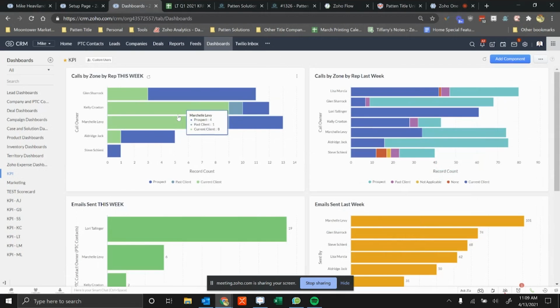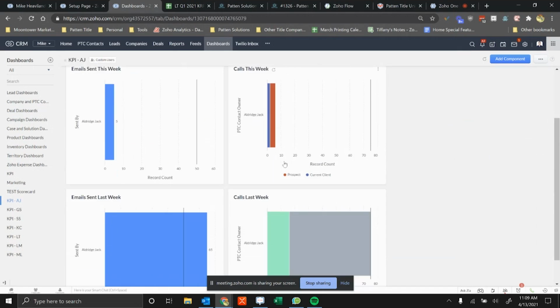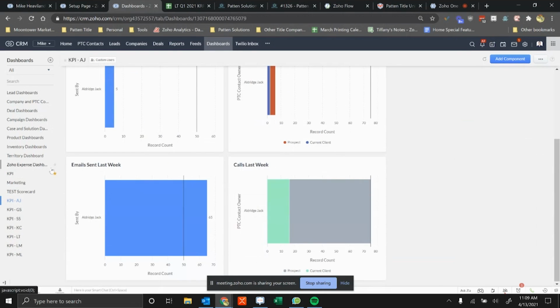And then let's see. They also each have individual dashboards where they can keep track of their metrics. So because they all know expectations, this just helps them better track where they are at any given moment. And the last part of sales support that I wanted to cover is our